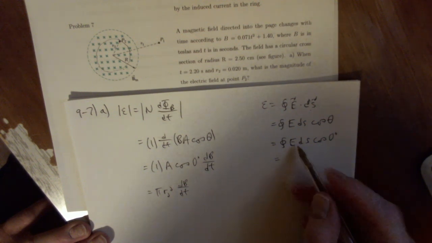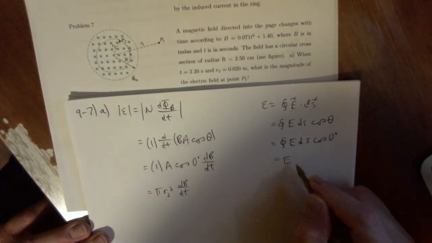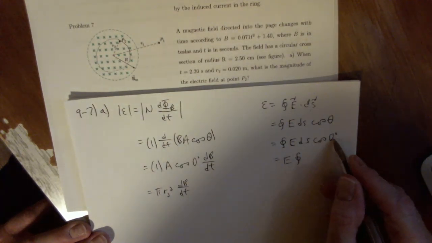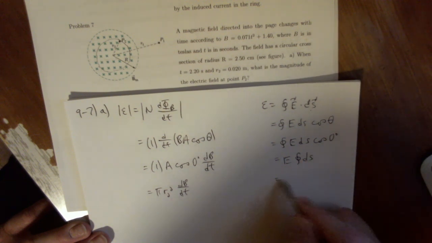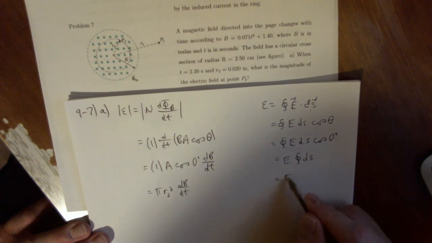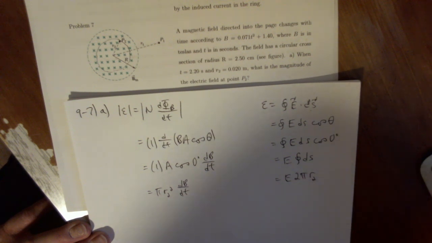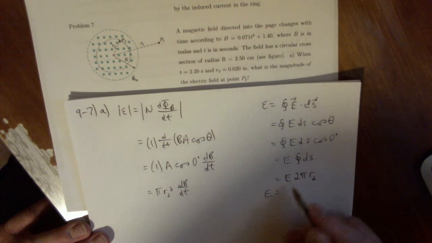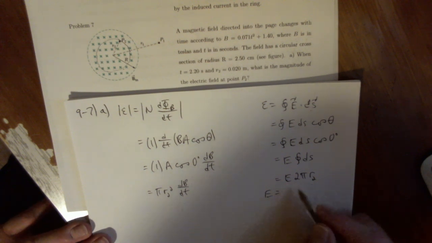Because E is constant as I integrate around the loop, I bring it out of the integral. Cosine 0 degrees is just 1, so it's the integral of ds. The integral of ds is the arc length, the total arc length for the loop. So the arc length for the circle is the circumference, 2 pi times the radius of the circle, which is r2. And so the EMF is, I'm sorry, the E field, rather, is the EMF divided by